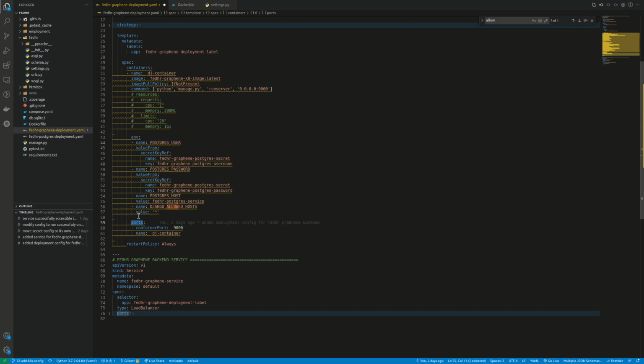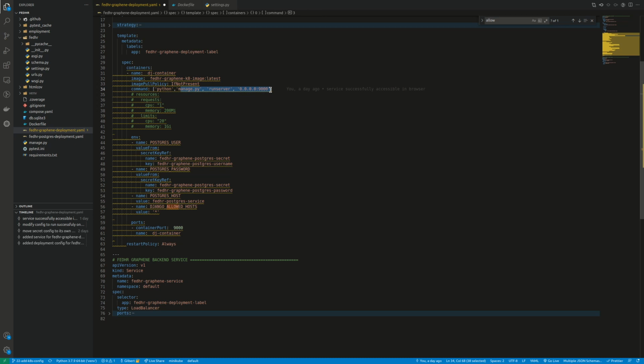So this container port is the port that will be exposed by our container. If you look here, we are running the server on port 900, and we want to expose that port